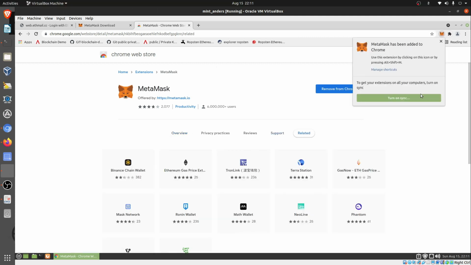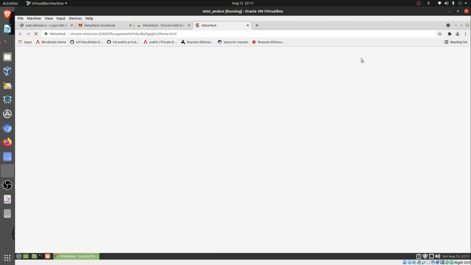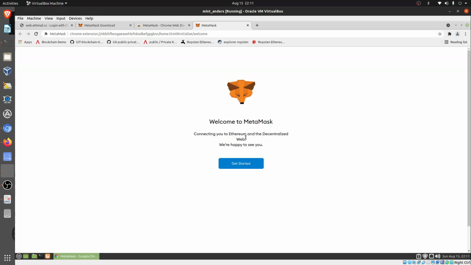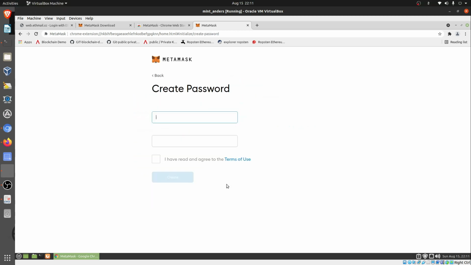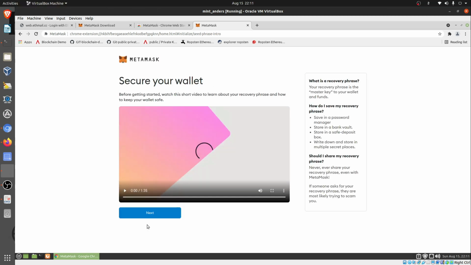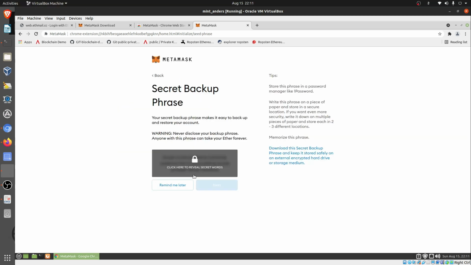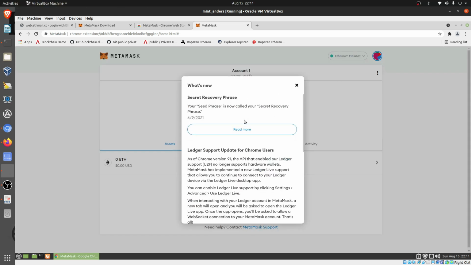It takes a few seconds here, and I say yes, and it comes over here, get started. Now I don't have any other account, so I'll create a wallet, and I give some password here, and I log in, create. I'll skip the basic mundane things for now, like securing the wallet and clicking here to reveal the secret words. But if you are doing it for the first time, I recommend that you make it a habit to save your secret passwords. But this is just for a trial. Okay, now I'll close this.